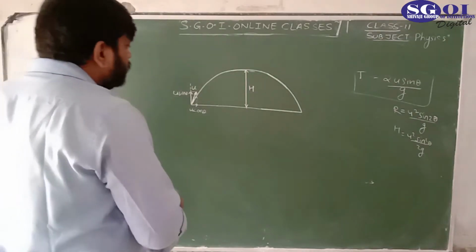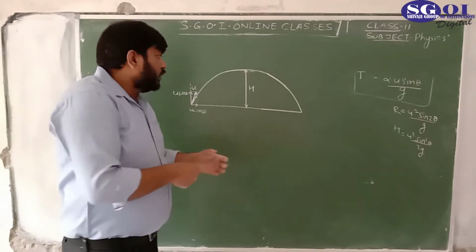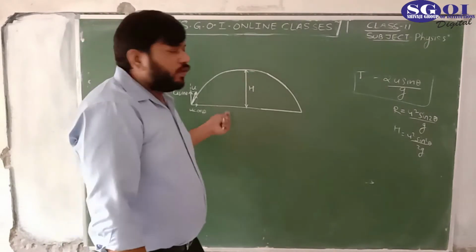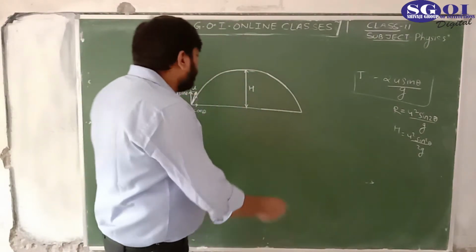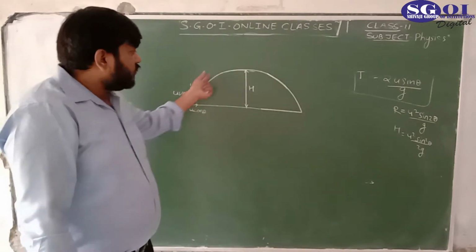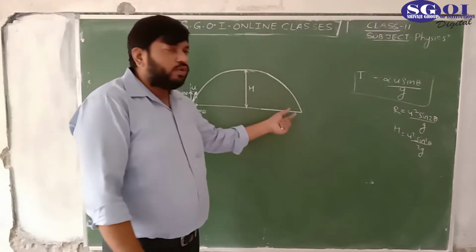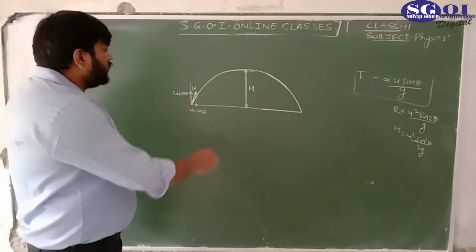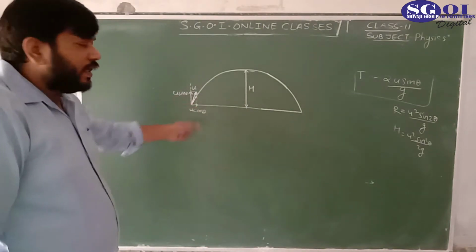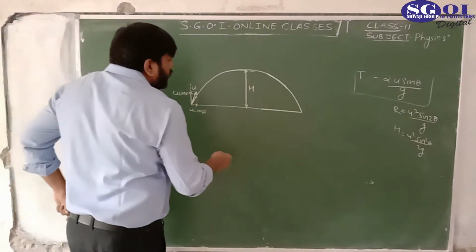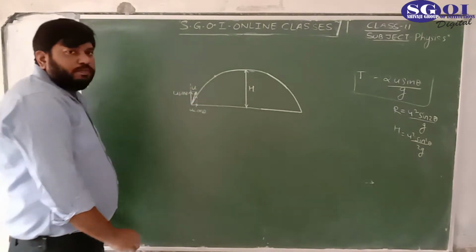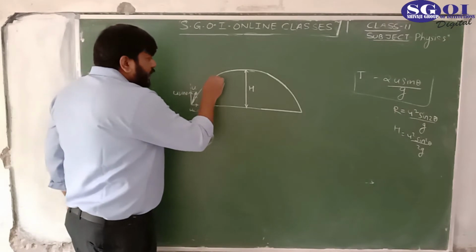Now students, in this video lecture we are going to find the equation of this particular trajectory. Trajectory is the path which is traced by the object during the projectile motion. So you are seeing that this is the path which is covered by the object in projectile motion. Let's say at a particular place on this projectile, let's say at this point,